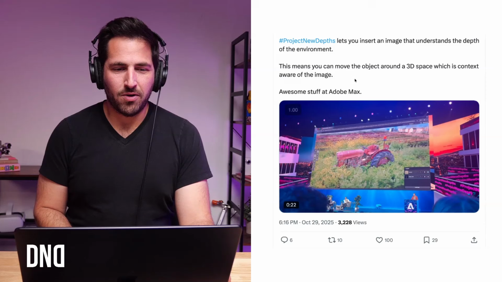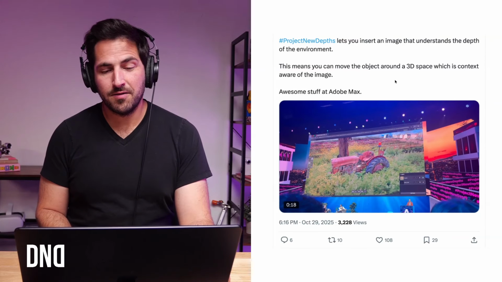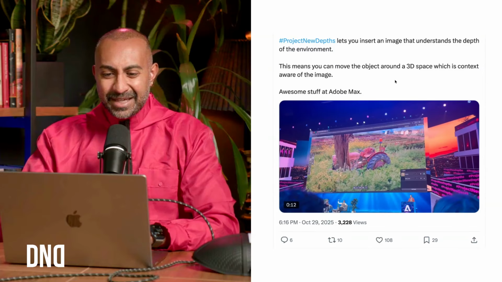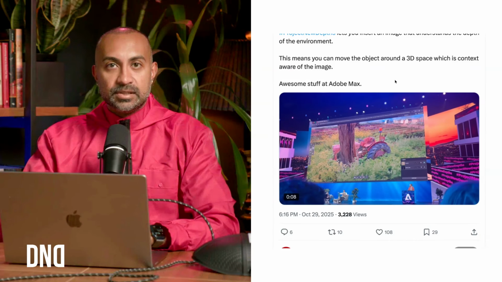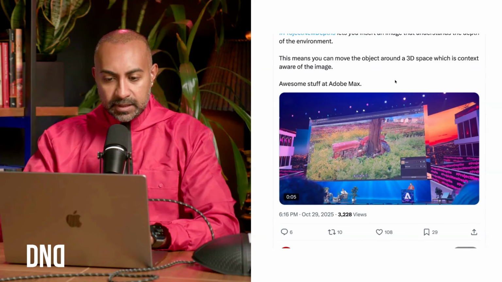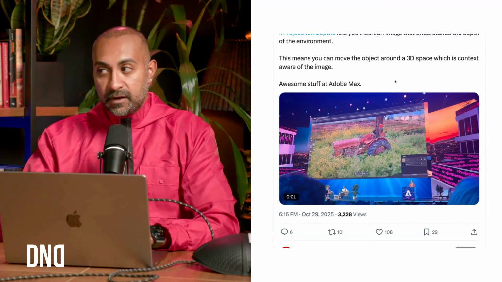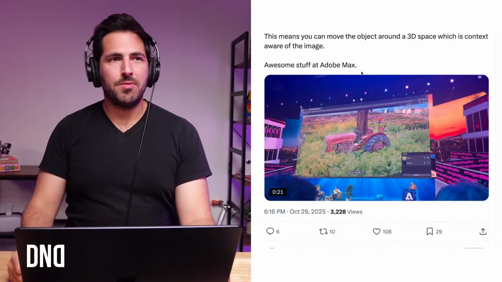Okay, other demo: Project New Depths lets you insert an image that understands the depth of the environment. This is pretty cool. That's cool for drag and drop and also easy scene modification. Yeah, again, everything on their 3D side just feels so fragmented and a little all over the place. I wish they would announce something like, hey, on Adobe Express or on Adobe Firefly, there's this new 3D viewer where all of the